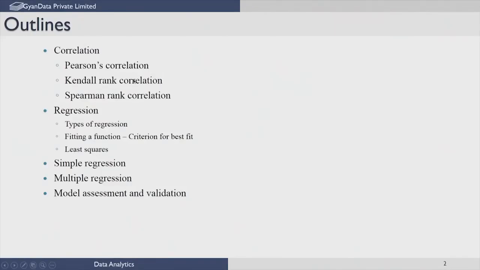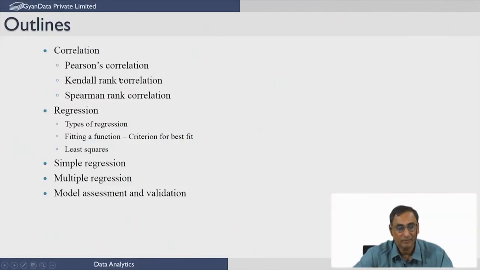We are going to introduce the notion of correlation, different types of correlation coefficients that have been defined in the literature, and what they are useful for. This is a preliminary check you can do before you start building models. Then I will talk about regression, specifically linear regression, and I will introduce the basic notions of regression and then take the case of two variables before going through multi-linear regression,